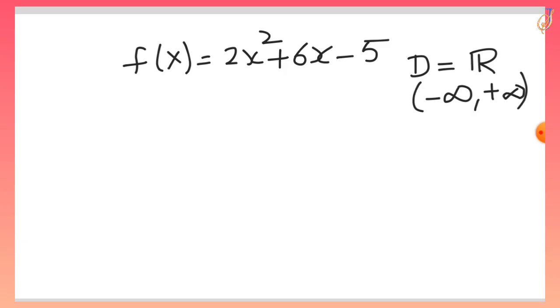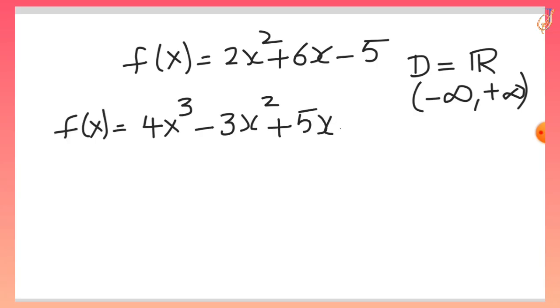Likewise, if we have a polynomial function such as 4x power 3 minus 3x power 2 plus x minus 3. Here also the domain is same, all real numbers. So therefore we can say that for linear function, quartic function and polynomial function, the domain is all real numbers. That's good. But what about for rational function and radical functions? Let's see now. Suppose if we have a rational function like f of x equal to 4 over x minus 2,